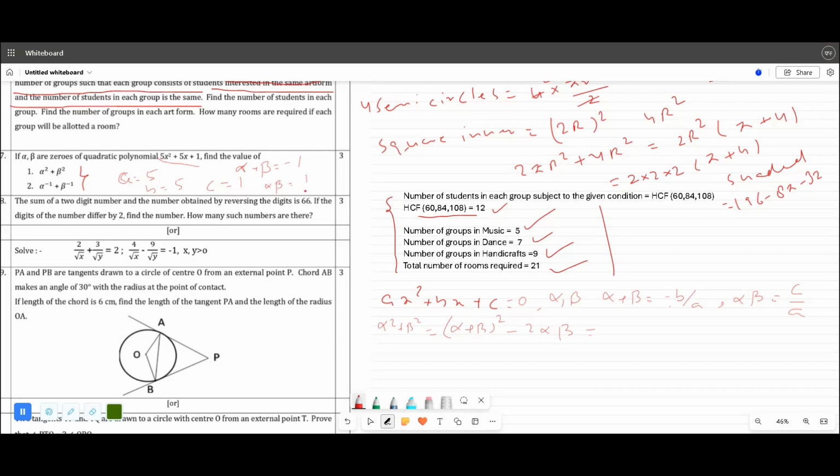और अल्फा बीटा क्या हो गया? अल्फा बीटा इज 1 ओवर 5। करेक्ट। सो यहाँ पर अल्फा प्लस बीटा होल स्क्वायर इज 1 स्क्वायर माइनस 2 इंटू 1 ओवर 5। तो 1 माइनस 2/5 क्या होता है? दैट इज 3/5,